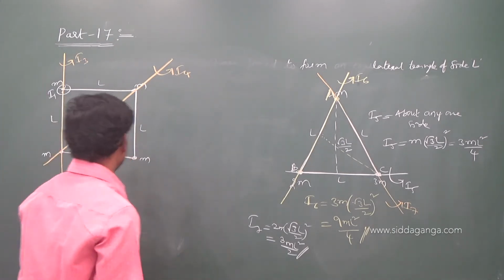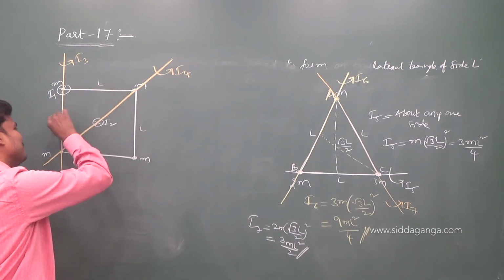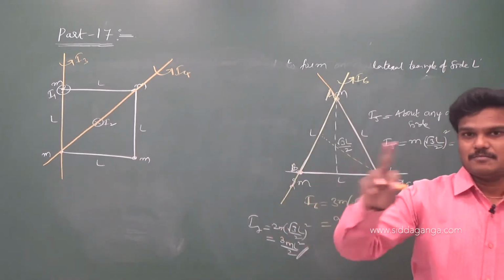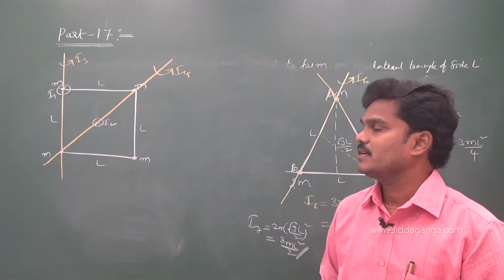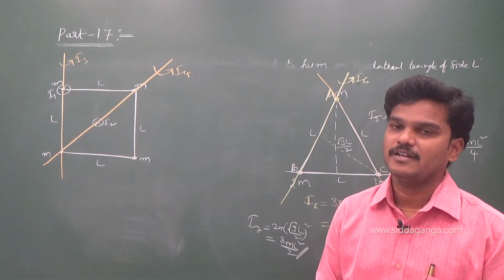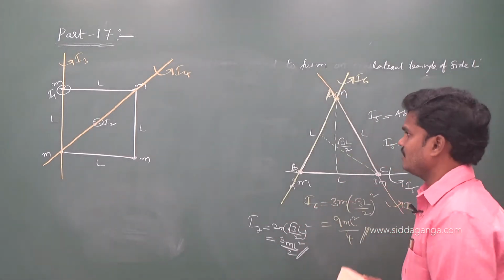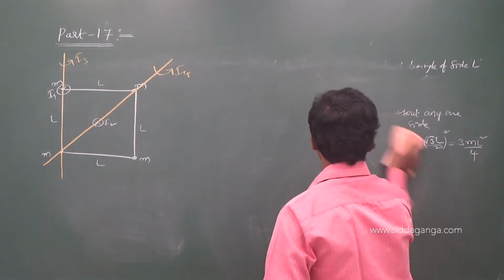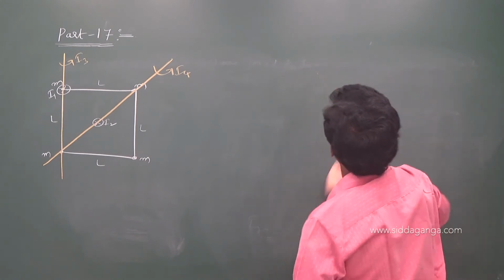Okay, enough. Otherwise, shall I give one more? I5, I6, I7, I8. Everywhere we can find them. So anyhow, they are massless rods. Only I given 4 identical particles. Write the question. 4 identical particles are placed at the 4 corners of a square of side L. Then find I1, I2, I3 as shown in figure.